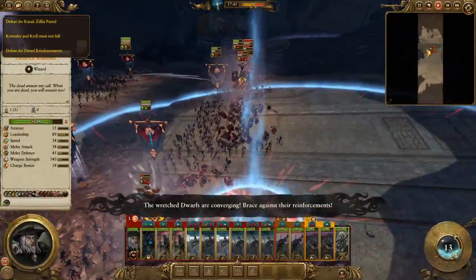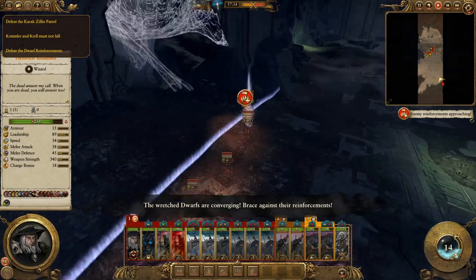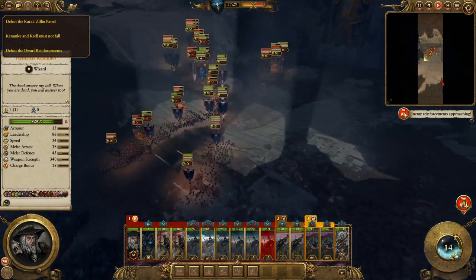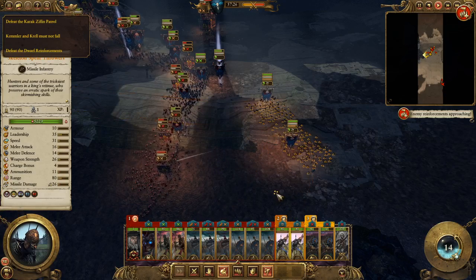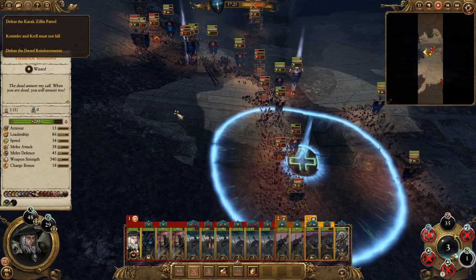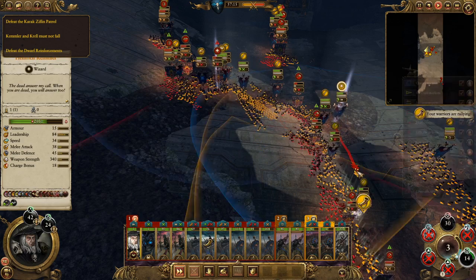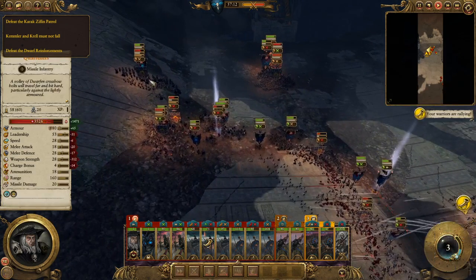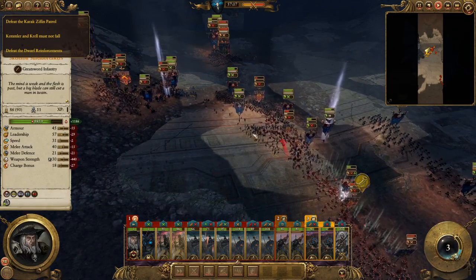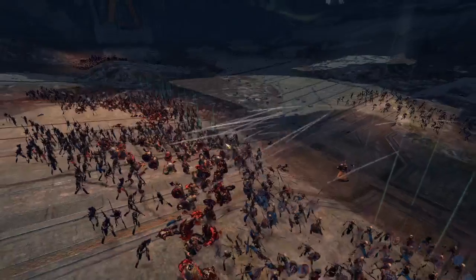Ooh, the wretched dwarves are converging. Brace against their reinforcements. Oh, there's some dwarves coming in from behind. Dwarf warriors, dwarf warriors, dwarf warriors, and dwarf warriors with great weapons. Okay. I don't really want to get Kemmler into battle because he's not a combatant. He's alright, but...